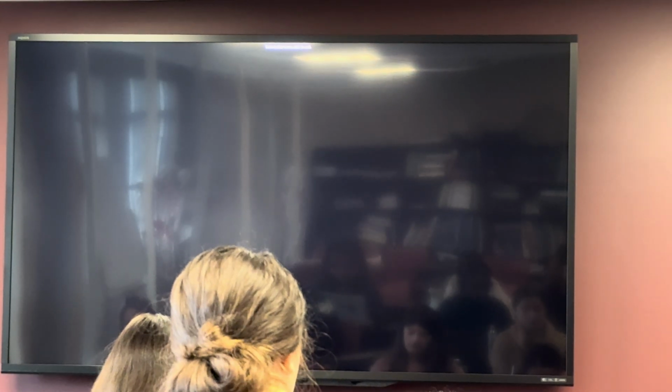So that's all I've got. I'll stick around to answer questions if you have any on the posterior forearm. A little easier than the anterior forearm for